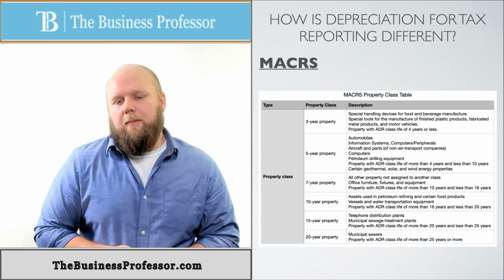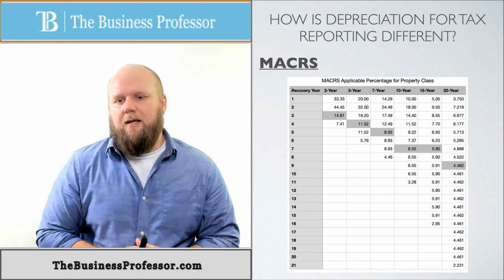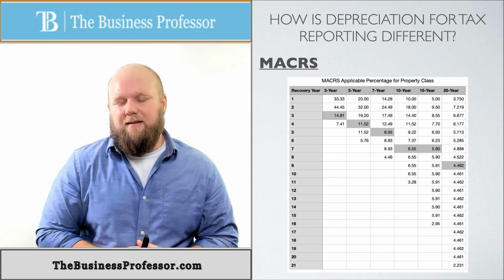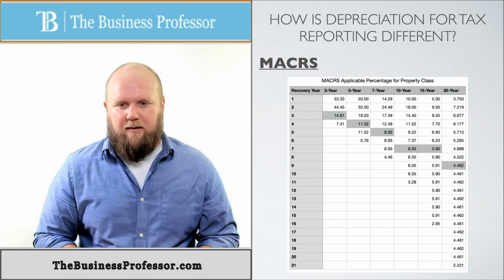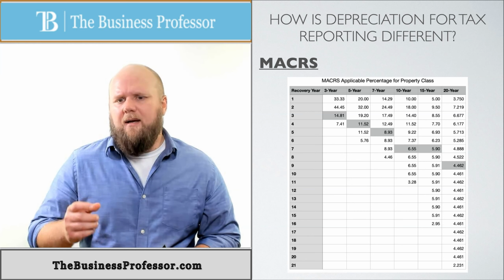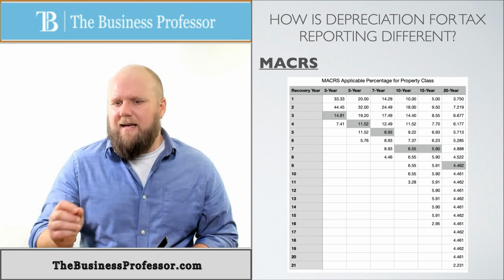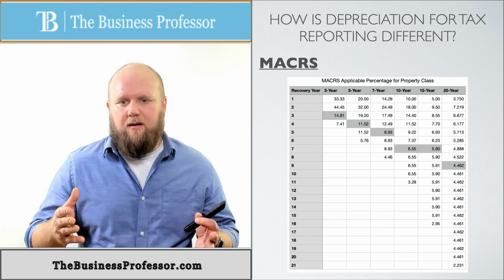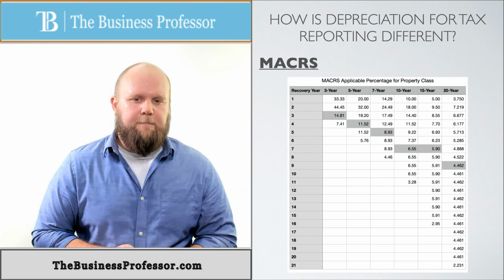Once I have figured out what property it is, then I look at another table, and this is what it looks like. So I would say, okay, 5-year property column. Notice I'm going to depreciate it over 6 years. Why? Because the assumption is I didn't pay for it on January 1st. Everything pretty much up to this point has been January 1st, but that's not how it's going to happen. So we just assume some kind of half-year convention. I'm going to take my TAC and multiply it by the 20% in the first year, and then by the 32% in the second year, by the 19.2% in the third year, and so on and so forth. And I get the entire 100% being able to depreciate it for tax reporting purposes. So this chart makes it super easy.